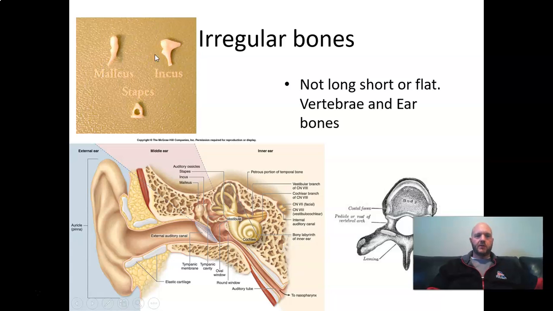Incus, malleus, and stapes are three bones that make up your ear, but you should know that because you wrote them down once,